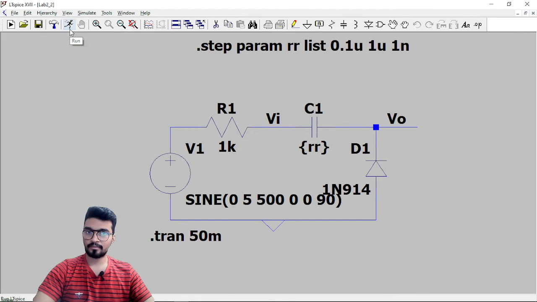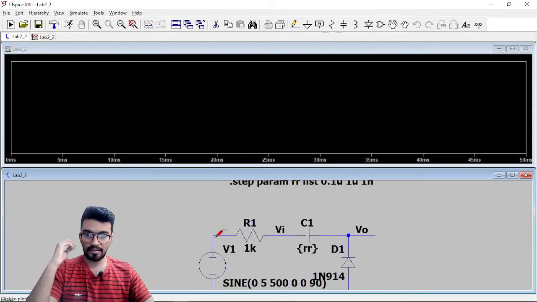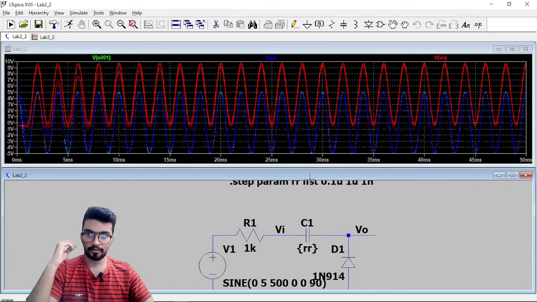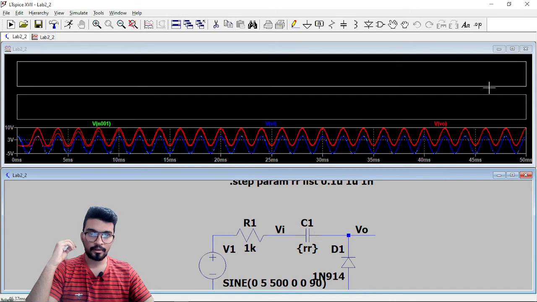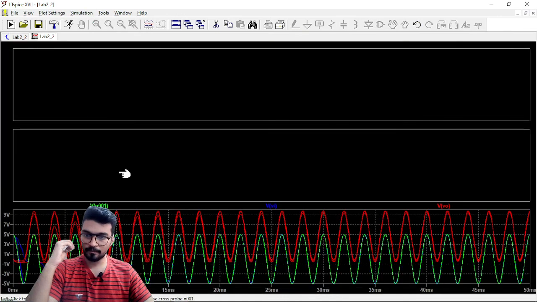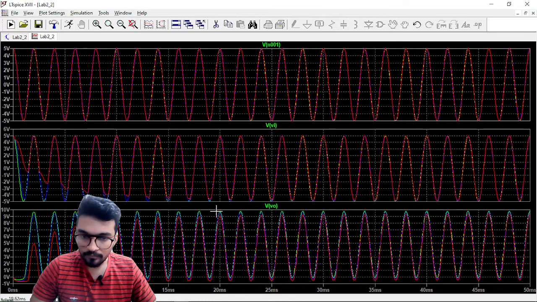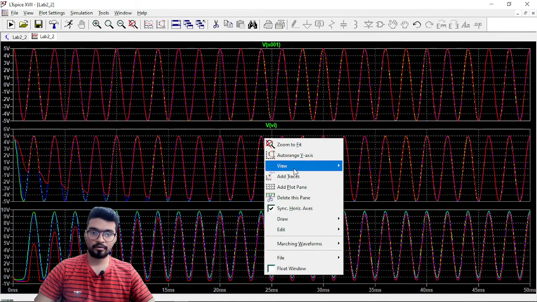So let's just run this. The input, then this one, and then this one. Add a plot plane and maximize this. As you can see, there are 3 things, but let's just focus on the output right now.